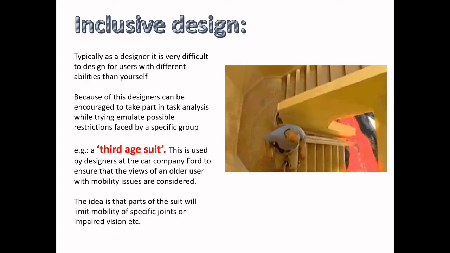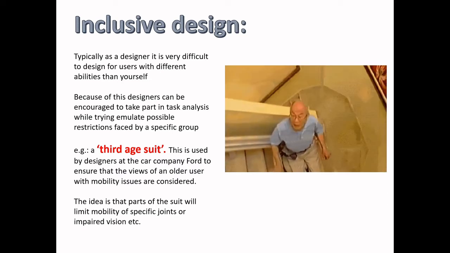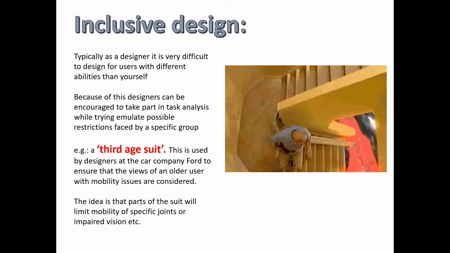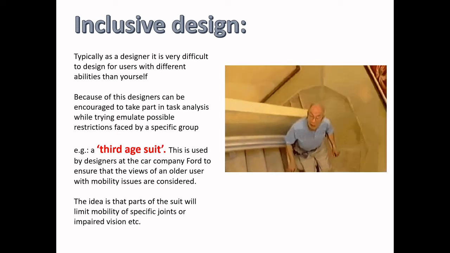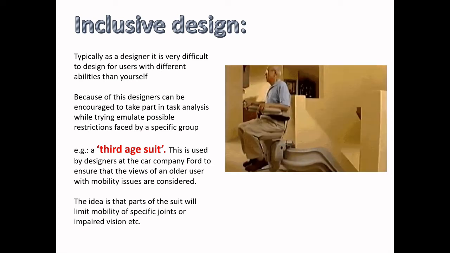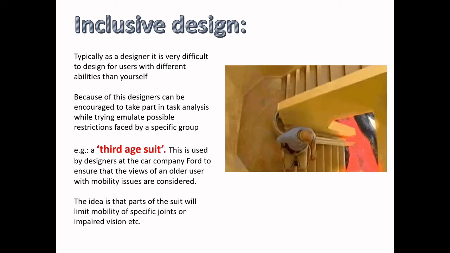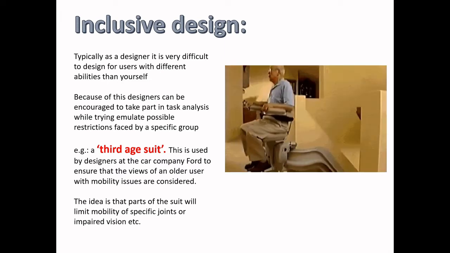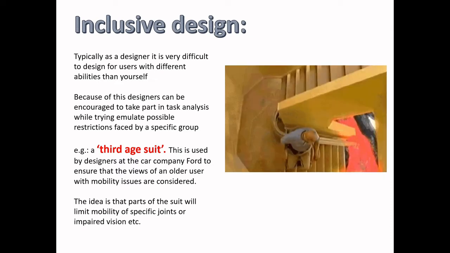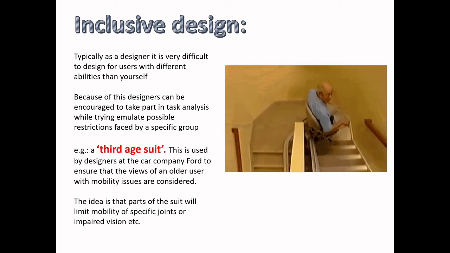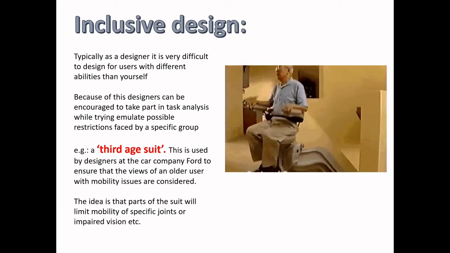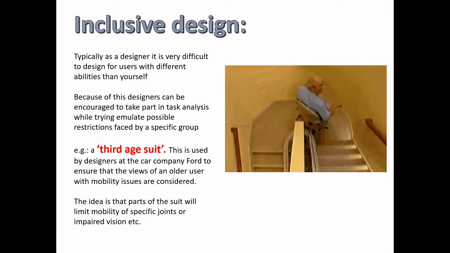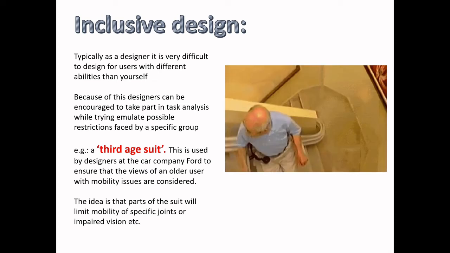So typically, as a designer, who for the most part are able-bodied, there's no major issues anyone's dealing with in college. It's very difficult to design for users if you don't know what their ability levels are. Because of this, it's encouraged for designers, if you're going to design properly, to take part in a task analysis where you're trying to emulate the kind of restrictions that people might face. Obviously most people are more able-bodied, you haven't necessarily got vision problems, audible problems, touch problems, mobility issues. So there are certain things you can do to improve your understanding of the kind of issues